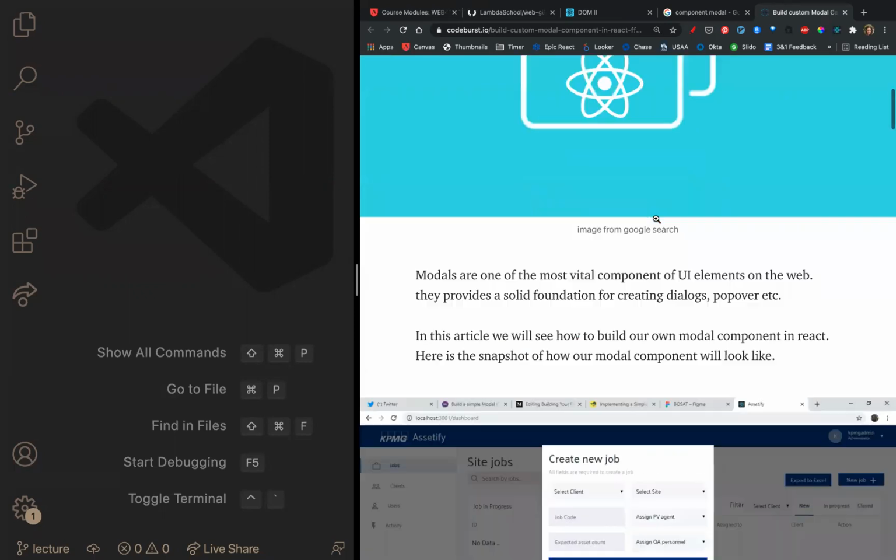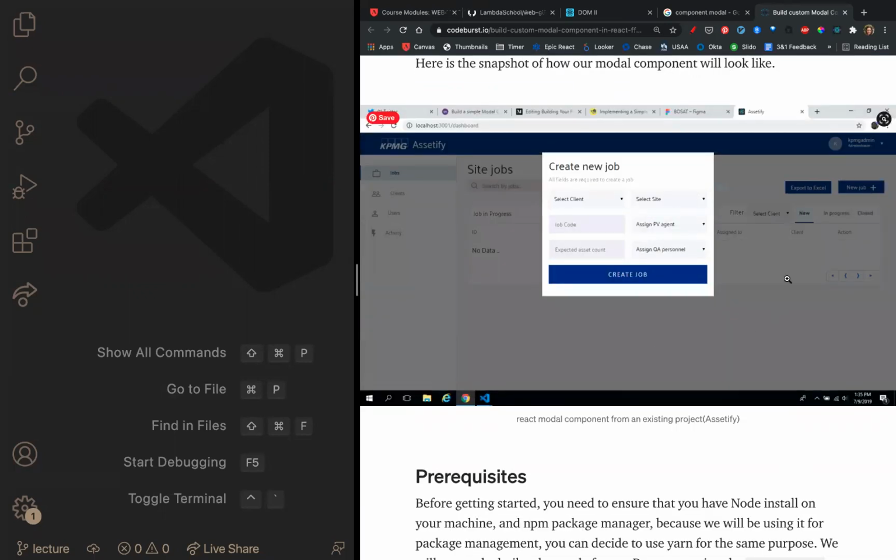I'm not going to read any of this stuff. I just actually want to look at this. Look at this picture here, what it shows us is that we've got this, this is the modal right here. This is kind of like the front. This is front and center for us. The rest of the website has been grayed out, and that's what we are going to be building today. We're going to be building something that when we click on that launch button, it's going to build a